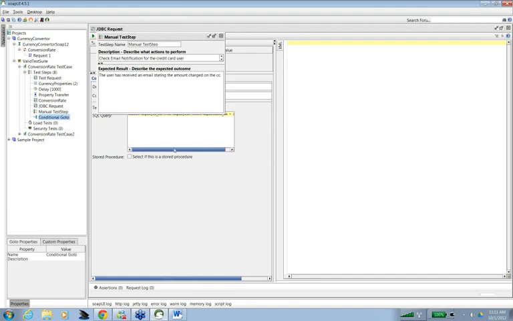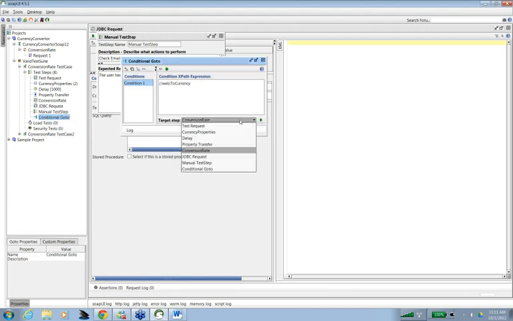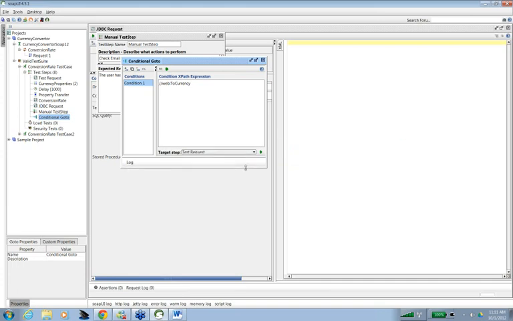And now I can do a conditional goto. So it actually creates a relationship between two requests from the previous request, and since there is no response from the previous request, that's why it's giving the error.